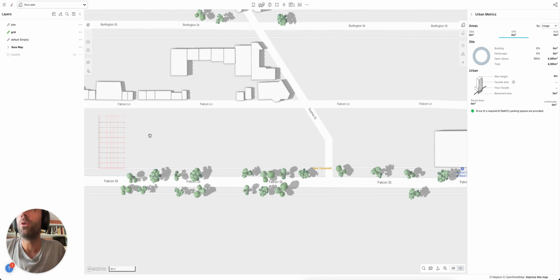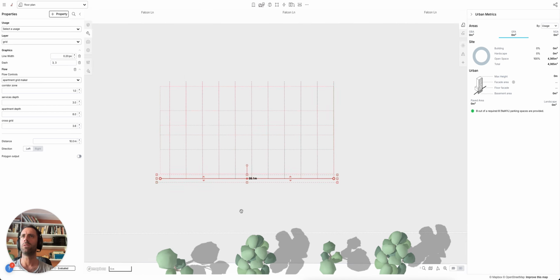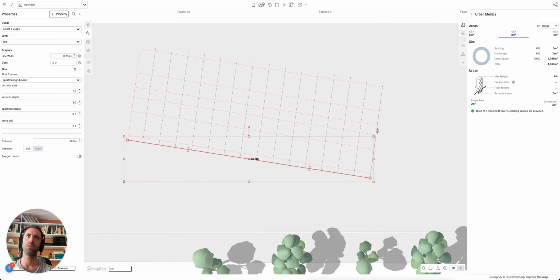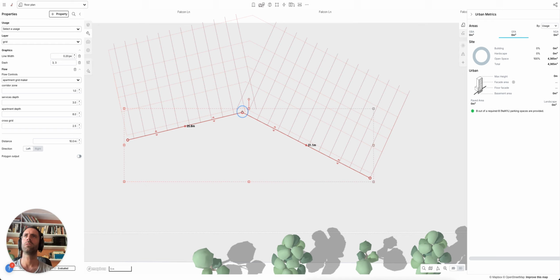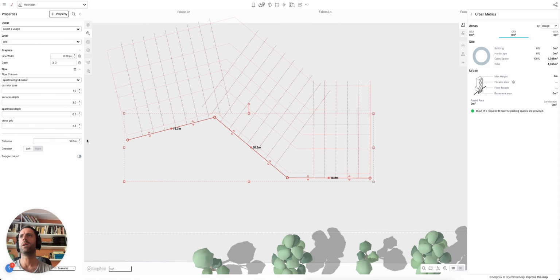Hey guys, in this video I'm going to show you a tool that I've just built, and we'll give it an upgrade, and then we can use it to draft some apartments. So what it is, this little grid maker, is not very complicated at all. All it does is set up a cross grid like this, which you can parameterize. It's nice that it can break and bend. But let's say we're working to a 3.6 meter grid